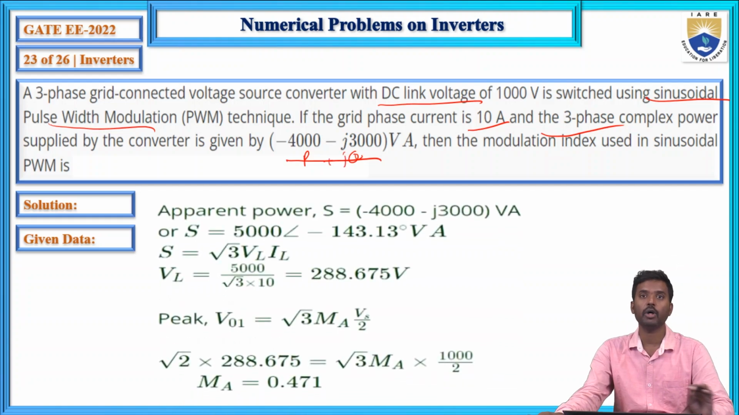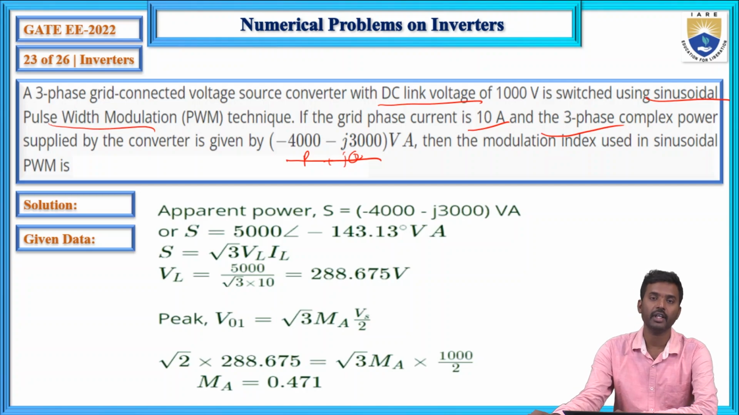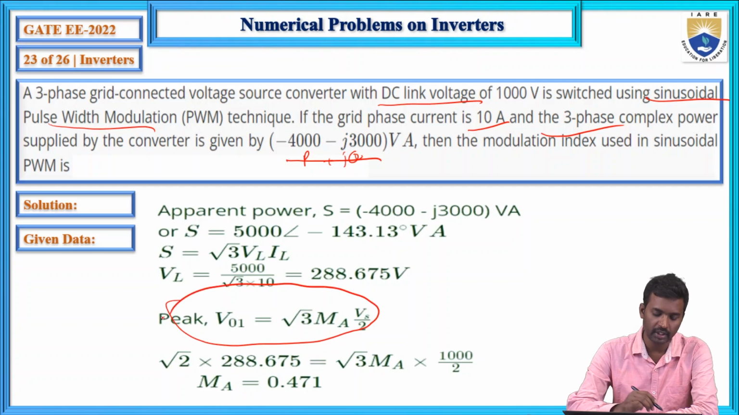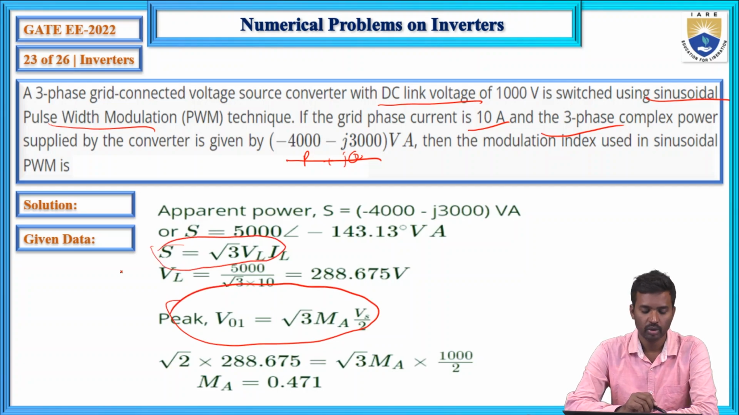How will we calculate the modulation index? After getting the output voltage, the peak value of output voltage you can get easily. But here, what is the apparent power equal to? Complex power S equals root 3 VL IL. So first calculate this VL root 3. IL value is given, that is 10 ampere, and this S value is given, that is 5000 at an angle of